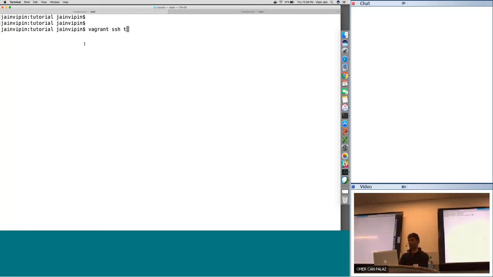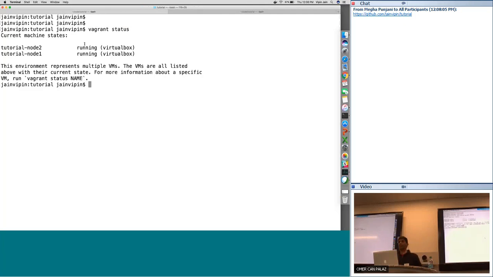Once we spin up the VMs, there are 2 VMs that I've spun up on my Mac. You can try it on your Mac or Windows machine. This works on both, so you don't need a Mac for it to run. We SSH in and look at the VMs, and they are up and running. The VMs are no different from standard CentOS VMs, except that I've installed Docker and Swarm on them, so you can play with it easily. So we'll SSH into tutorial node 1.